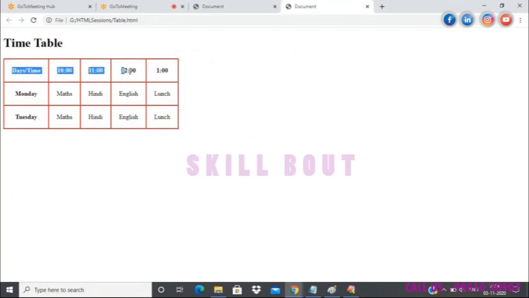Also, the first row we have treated as the header of the table. Then again, we have provided a red color border, and then we have different tags to differentiate between the header content as well as the data of the table. If you can look at the display format here, this represents the header content and this represents the data of the table.